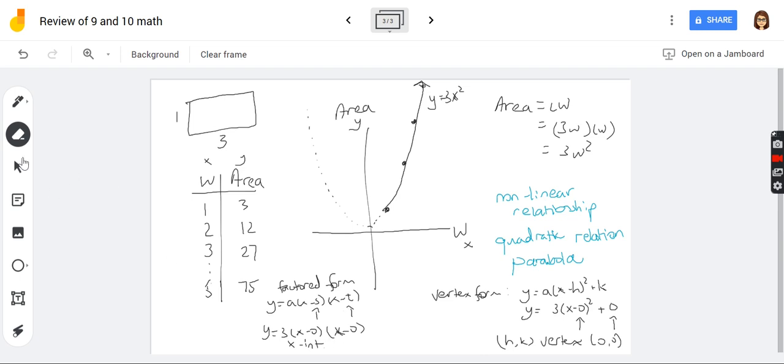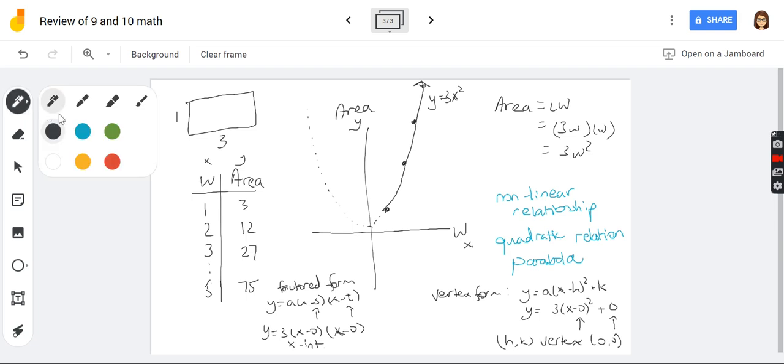There's only one x-intercept, so I'm going to write it in the singular. So x-intercept is 0. There's only one. Okay, so what have we done now on 3 frames of the Jamboard is that we have really taken the